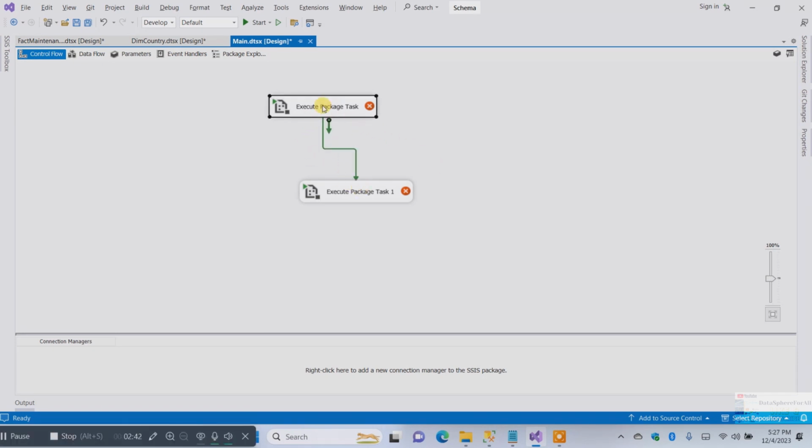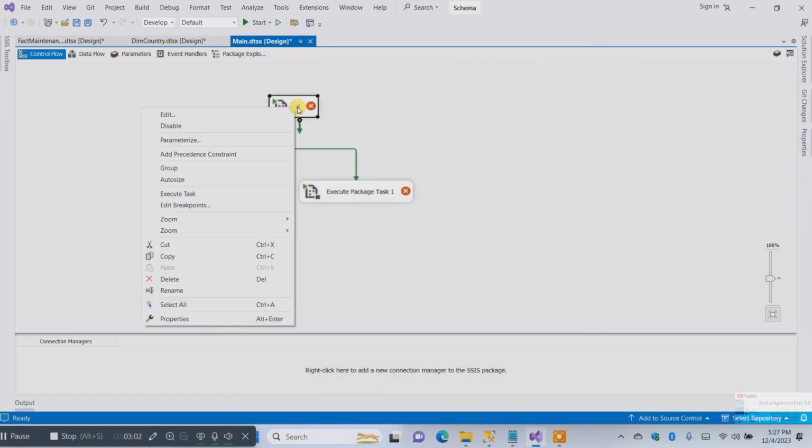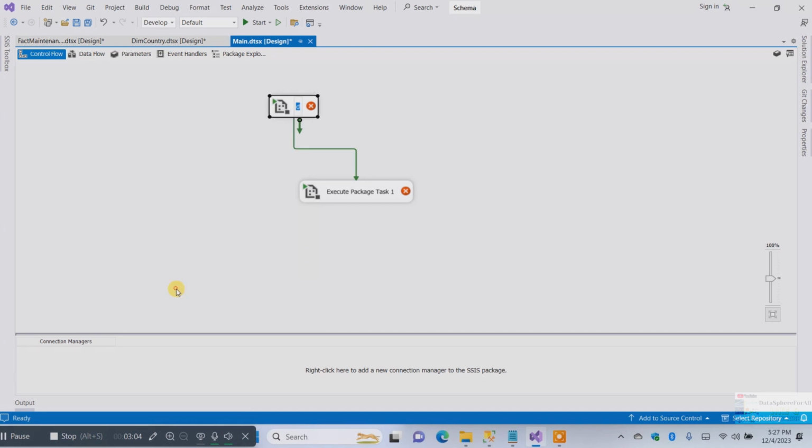Let's rename them. We will rename it dim country loading,